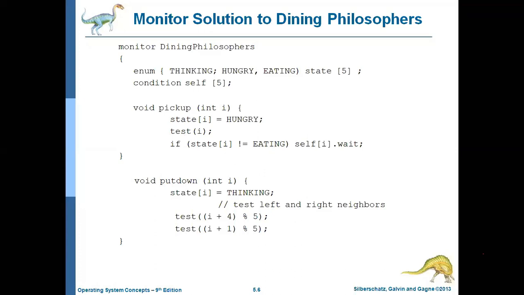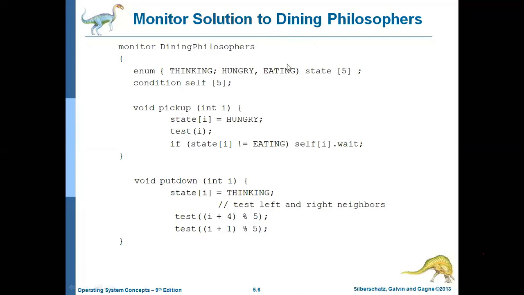So they eat. After eating, they put down the chopsticks. That is the dining philosopher problem. Here, in this enumeration, we will discuss only thinking, hungry and eating. What is the dining philosopher problem? The philosopher gets thinking or eating. So when should they eat? They will get hungry, which means they will eat.